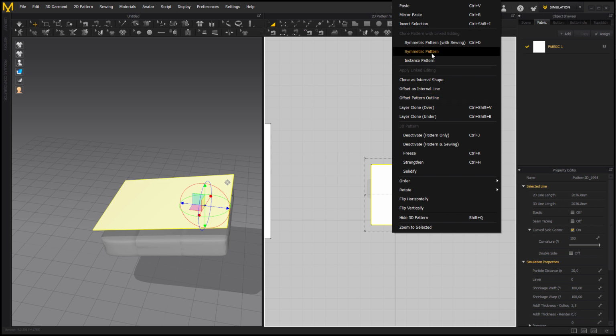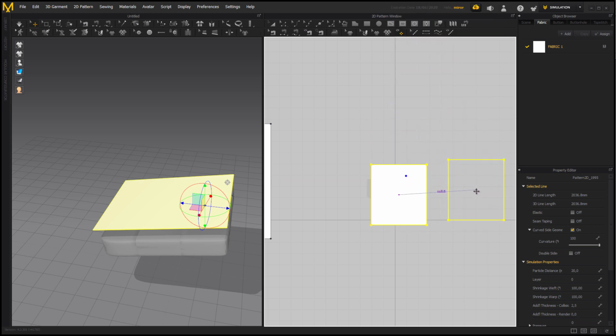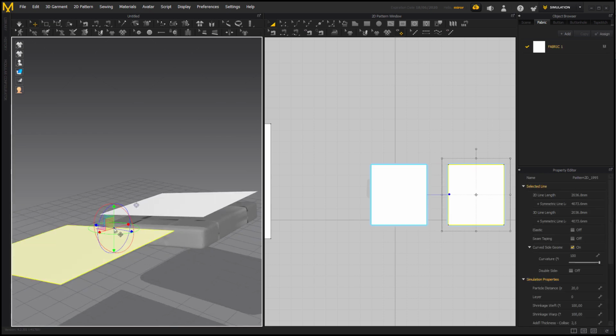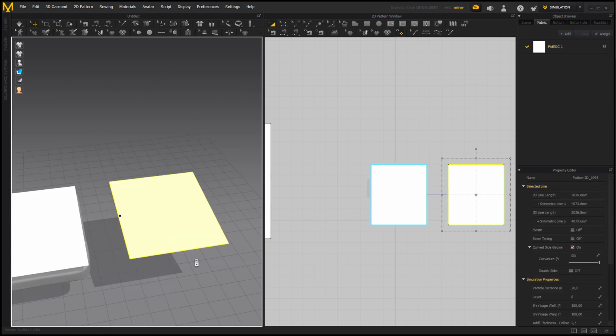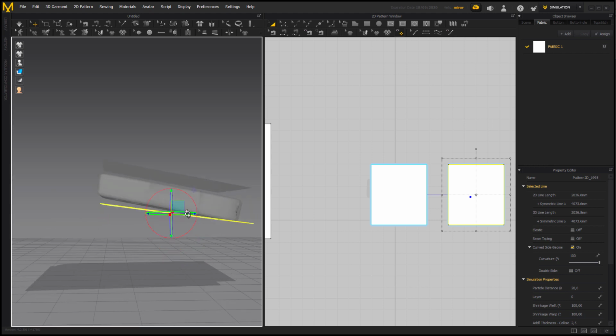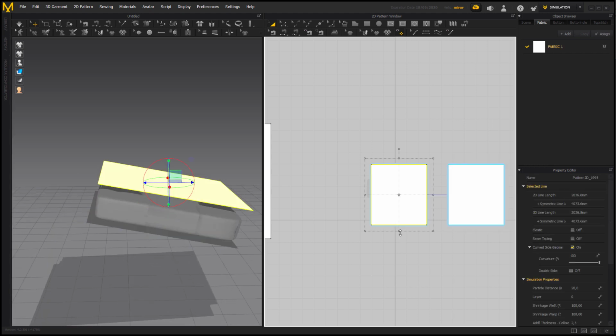So I want an identical top and bottom flat pattern for the cushion, and I can create linked patterns by right-clicking a pattern and selecting symmetric pattern. These two will now always remain symmetrical unless I decide to remove that definition. So now, whenever I change anything in the flat pattern, the same change occurs with the symmetrical pattern